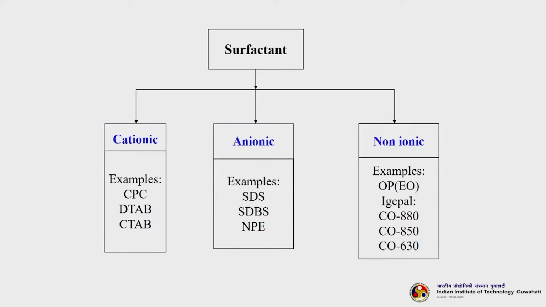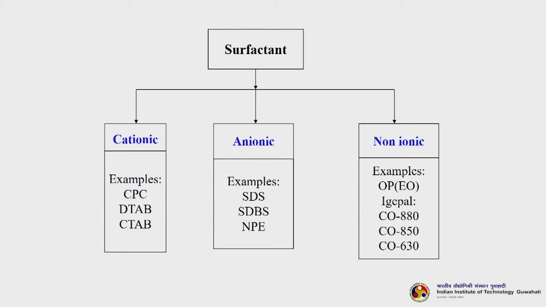Let us understand different types of surfactants. Basically, we have cationic, anionic and non-ionic surfactants. In cationic we have many different types. CPC, cetyl pyridinium chloride, is one of the most widely used surfactants. It is used in mouthwash, toothpaste and some other applications. Then in anionic we have SDS, sodium dodecyl sulfate, one of the most important surfactants. It is used in most detergent powders, and has other applications also.